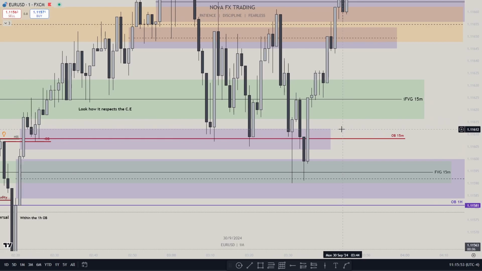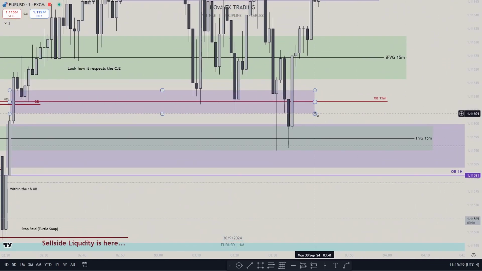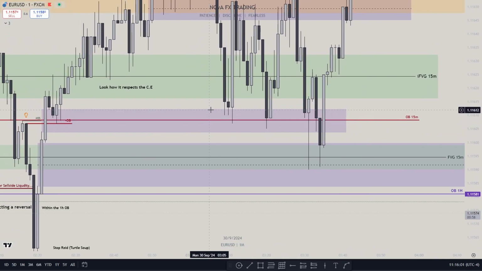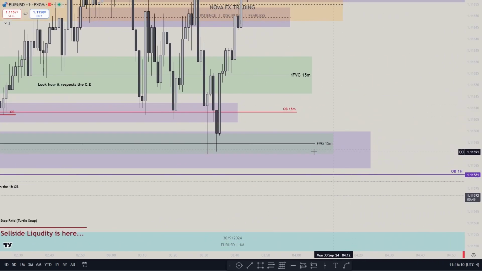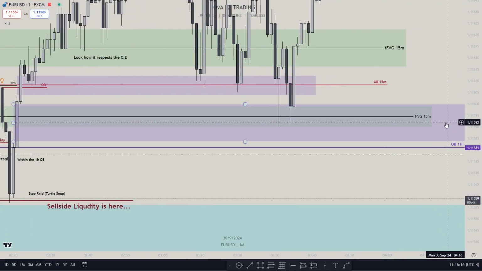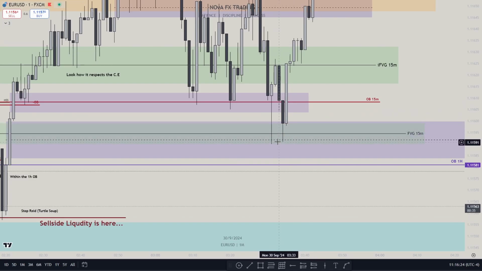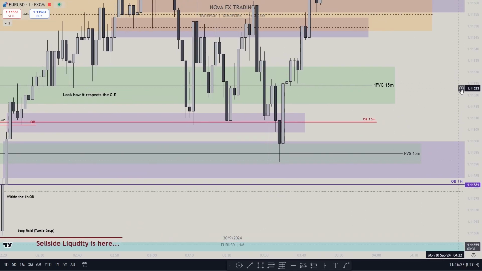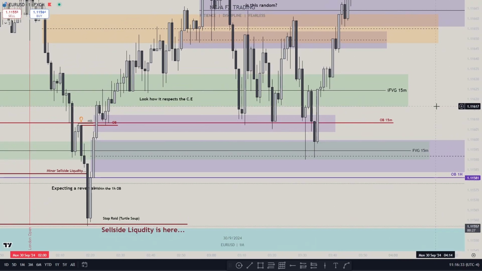And now we can go up to our next liquidity. Also, we can see that while balancing this fair value gap, the price came down to this important level, which is a 15 minute fair value gap. Also, it touched the consequent encroachment of this 1 minute fair value gap. As you can see here, the dotted line is the consequent encroachment, and this green is the 15 minute fair value gap. Look how it went down, tapped on these two so that it can get a fair value price, and this range in the OTE is also a beautiful 0.705 number,